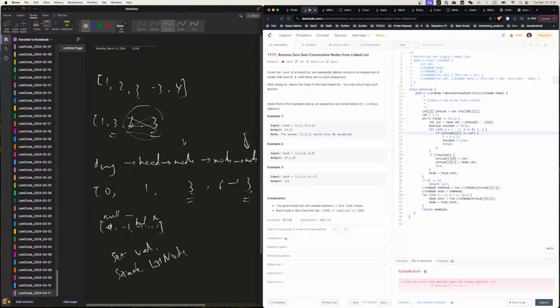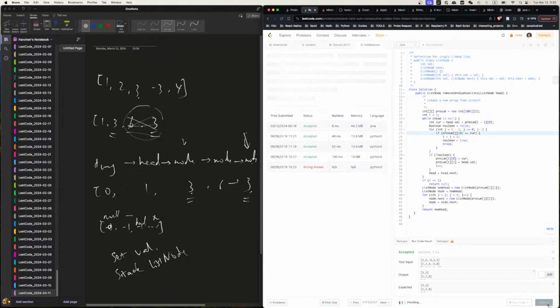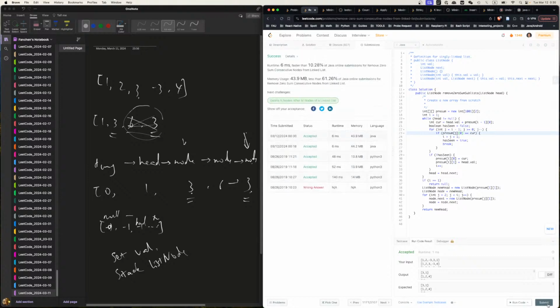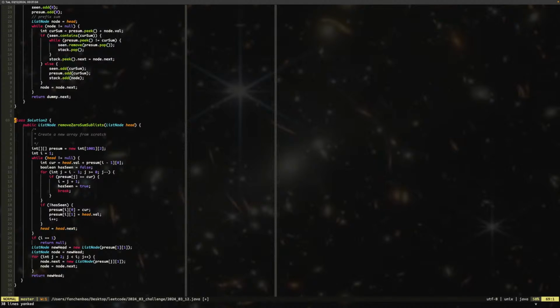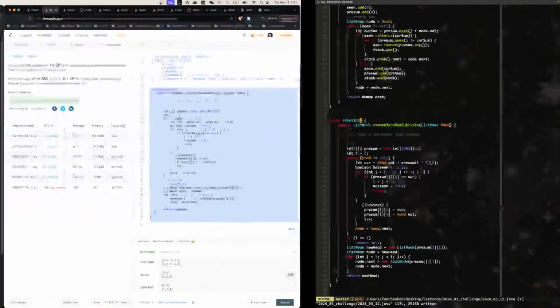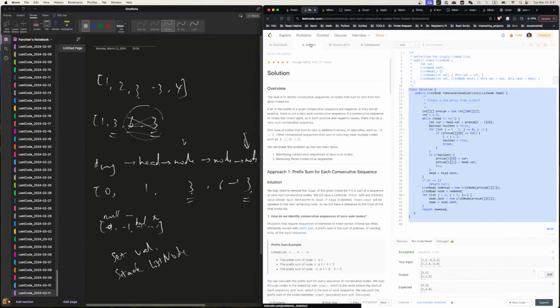My bad, that should be 0. Yeah, I don't think this is going to be faster though. It's exactly the same. Alright, now I have no idea how we make this even faster. We have to check the solution. But before we do that,